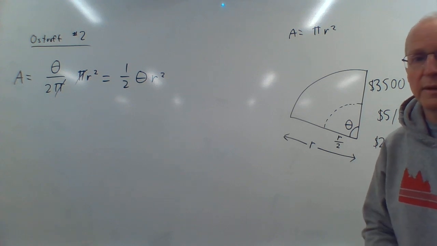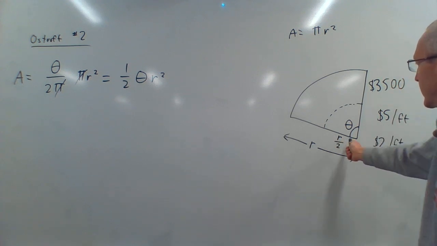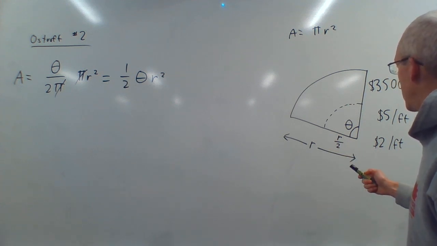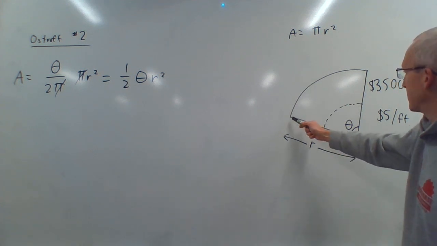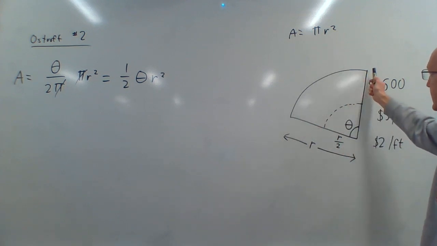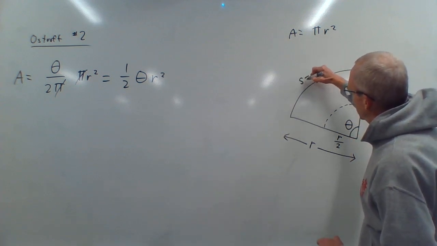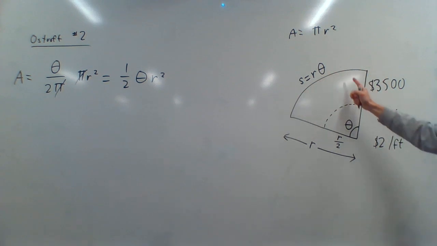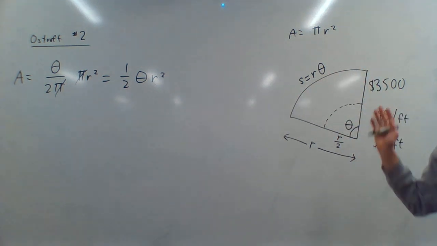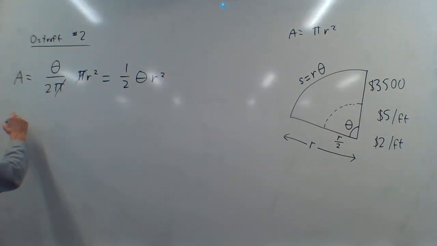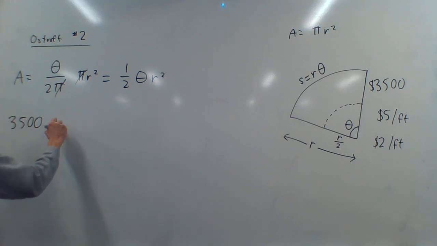Okay, we also know the perimeter, right? We know the perimeter and what it costs. For the perimeter, the cost is the outside, which is r plus s. And this s, this arc length here, is always r theta. That's the definition of using radians. This always works. Of course, we're going to be using radians here. So s is equal to r theta. So the cost, which we know is $3,500, is equal to